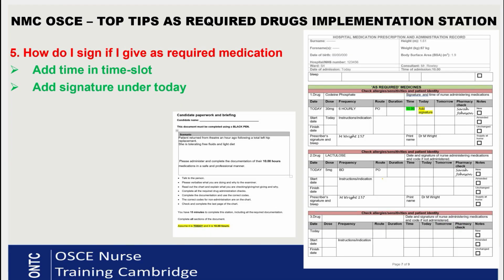What you will add in the time box is the time of your drug round, which is given on the front of your MAR chart. I've put a little screenshot on the screen, and you can see the due time for your drug round. They have asked you to give at 10 o'clock, so obviously you're giving it at 10. So you go in the time box and you put 10 o'clock, because you need to add your time slot, as it's not already given. Then under today, where it says add signature at the top, we will add our signature. So that's how you would document